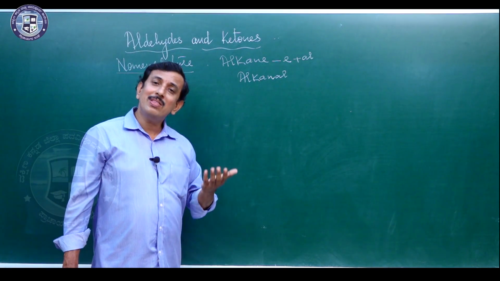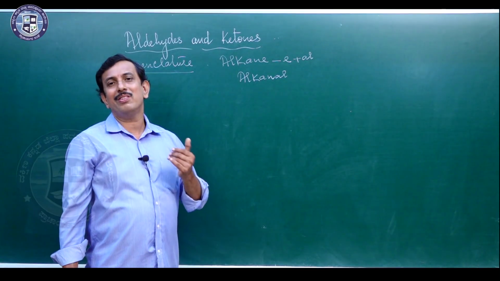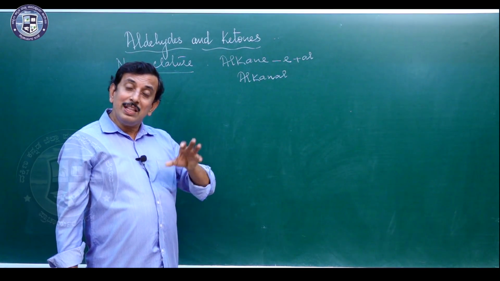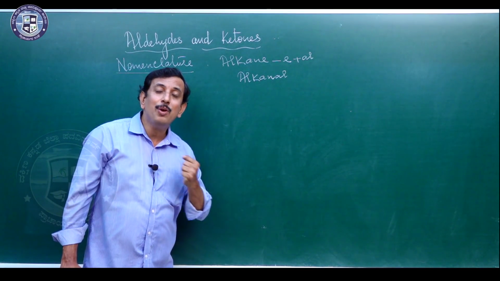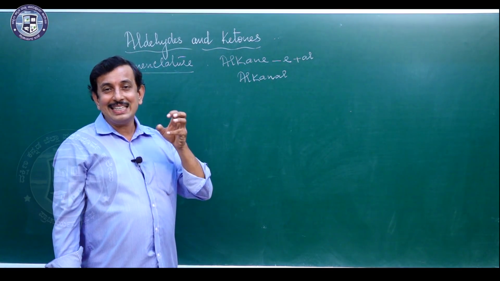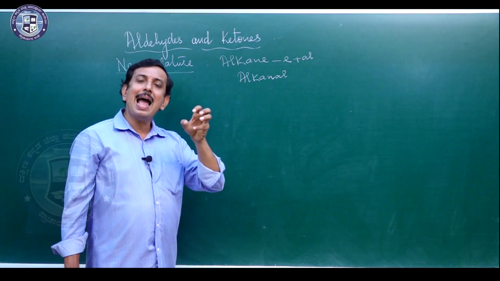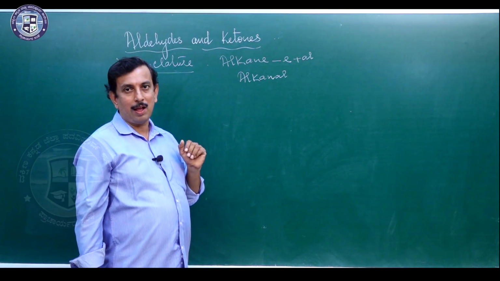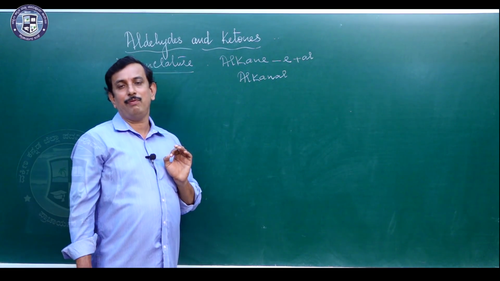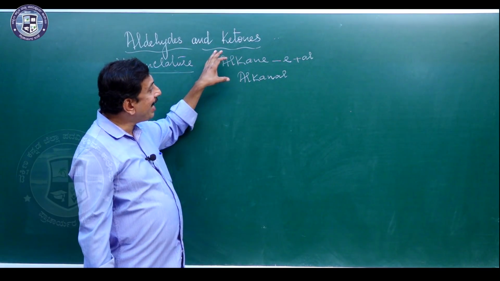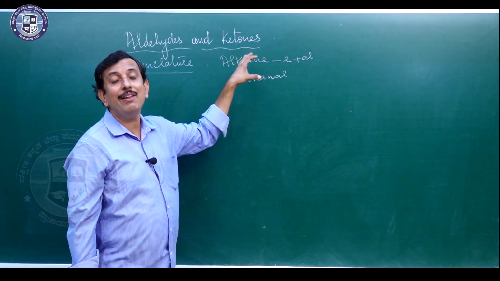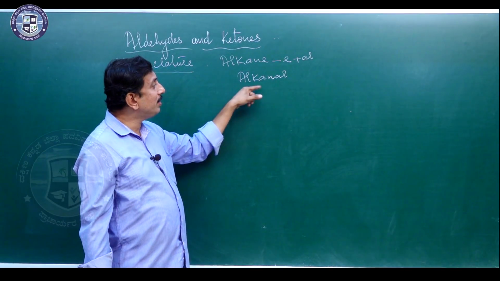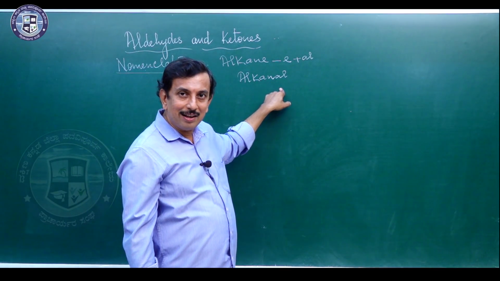And if there is more than one substituent, as usual you have to follow the lowest sum rule. All these rules you can just go back to your first year organic chemistry and check. I will take the application of that rule by taking a few examples right now. So in a general statement, the saturated aliphatic aldehydes in the IUPAC system, we call it as alkanal.